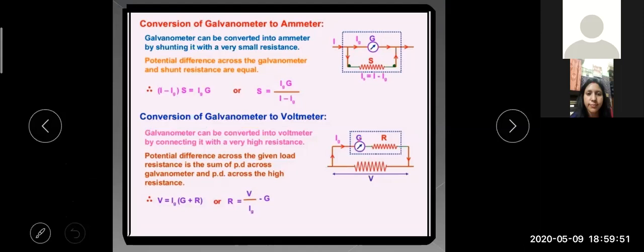So a voltmeter is always connected in parallel across the 2 points between which the potential difference is to be measured. We know that already. It must therefore be of high resistance so that it draws a negligible current from the main circuit, and the potential difference between 2 points remains unaffected after the voltmeter has been connected. An ideal voltmeter should therefore have infinite resistance. I hope these points are clear to you: how we converted a galvanometer into a voltmeter and into an ammeter.